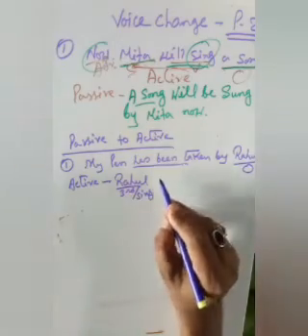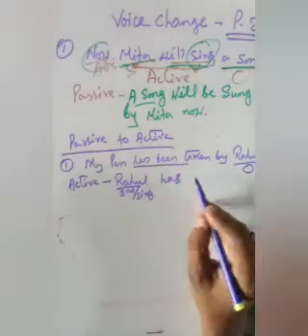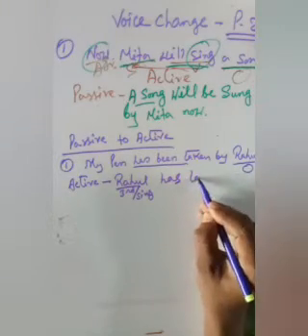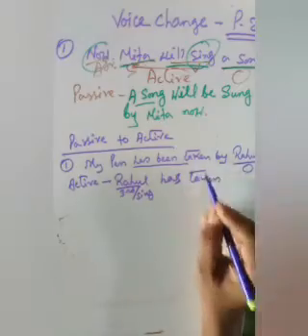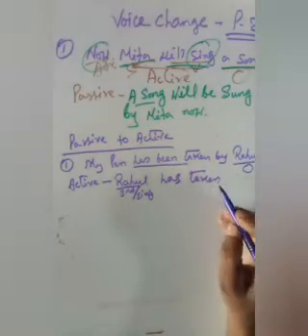So for Rahul, the auxiliary will be has. In present perfect tense, always the third form of the verb is used, so the same form is used here. Rahul has taken